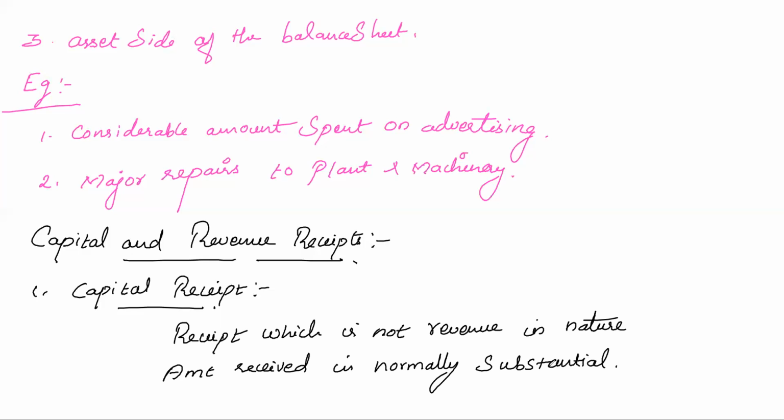Okay. So it is shown on the liability side of the balance sheet. Okay, that's all. Now the examples for capital receipt: proceeds from issue of shares